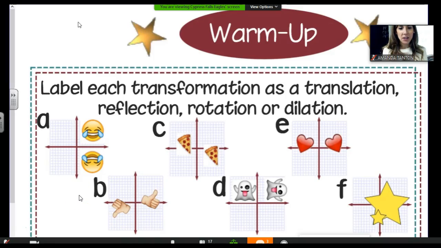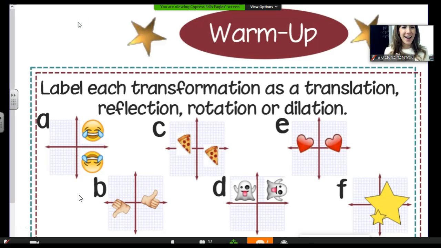Like I said, our new unit is called transformations. There are 4 types that we're going to focus on: translation, reflection, rotation, and dilation. The unit we just ended on, similarity, really focused on dilation, so we kind of already have a leg up on dilations. But like I said, those other words you have already done in previous math courses, so this is kind of